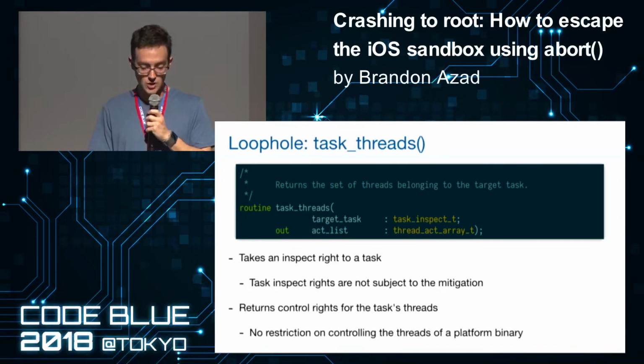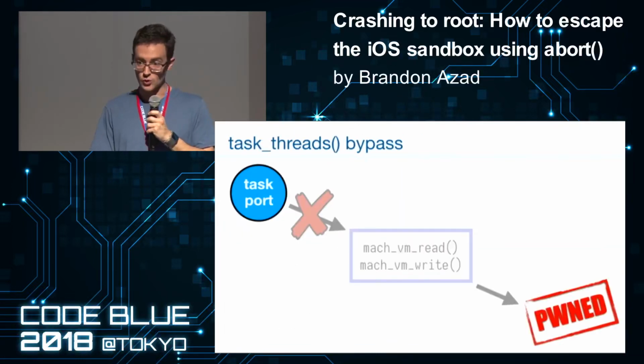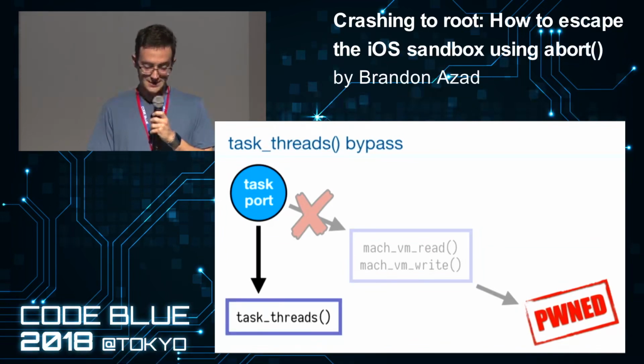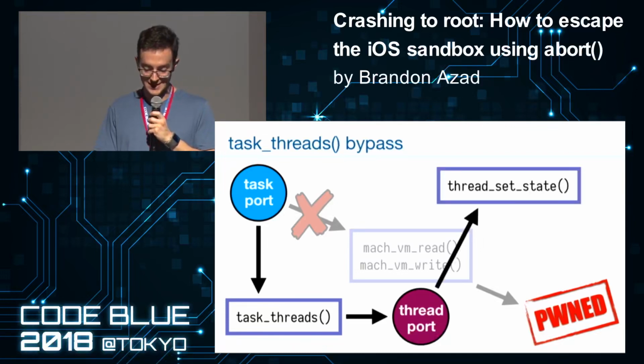And the mitigation does not restrict controlling the threads of a platform binary. Thus, while it's nominally true that we can't modify Druid directly using its task port, we can call task threads to get a control right to one of Druid's threads, and then set that thread's register values directly. So if we go back to our diagram, we'll just ignore the mitigated path altogether, and instead we'll use the task port to call task threads, which is not protected, and this will give us a thread port for one of Druid's threads. Next, we call thread set state, which again is not protected,